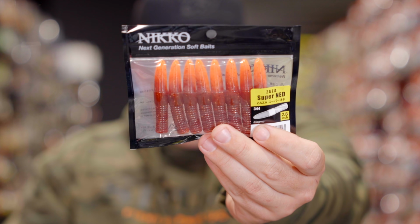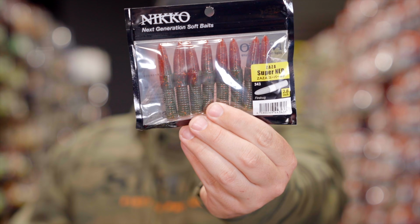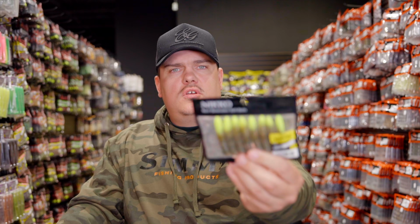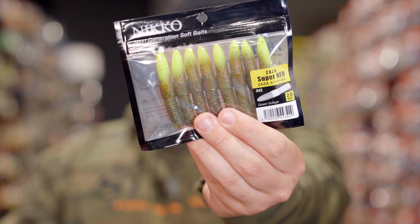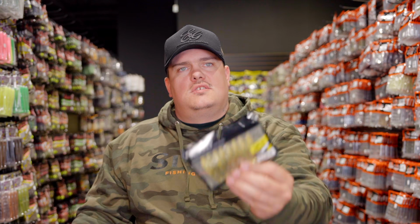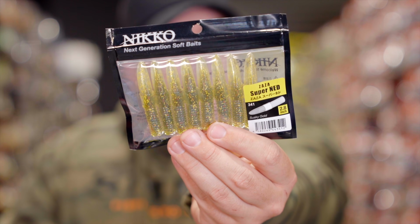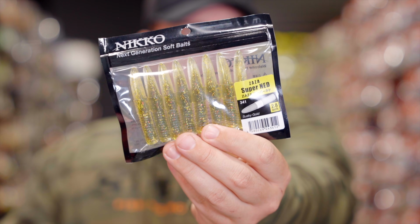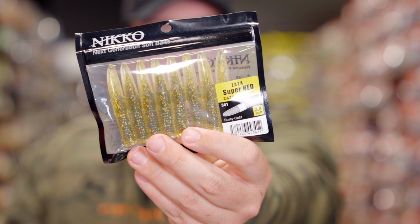So we're also gonna see this one in Magma. We're gonna see it in Firebug. So this is gonna be green pumpkin with like a red tip. And then we're gonna see Green Voltage. So green pumpkin chartreuse. And then this is a really unique one. So this is gonna be Susky Gold. Basically like a green pumpkin core with a clear outside, and then it's gonna have that